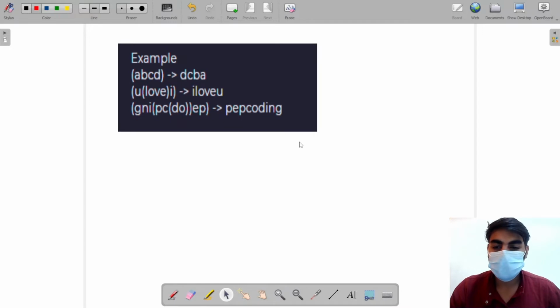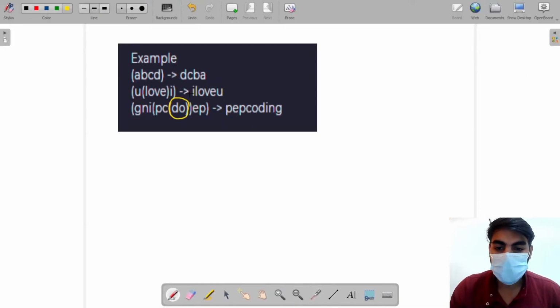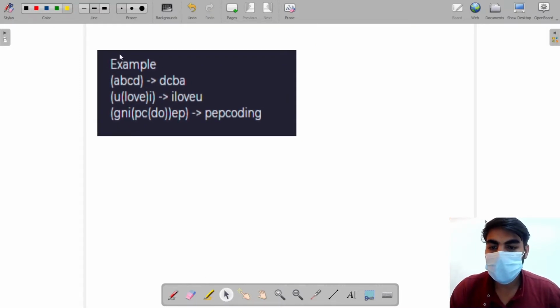Yeah, you can see. So what they are saying in this one, firstly we reverse this string, or what they are saying, reverse the innermost. You have strings in each pair of matching parentheses. So reverse this one, then reverse this one, then reverse the whole. I'm drawing this in a different color. Firstly, for reversing the first one, we are reversing